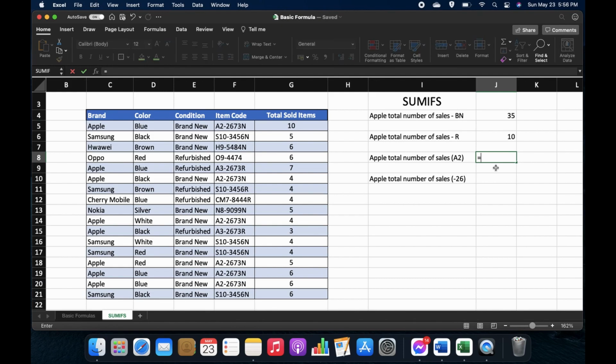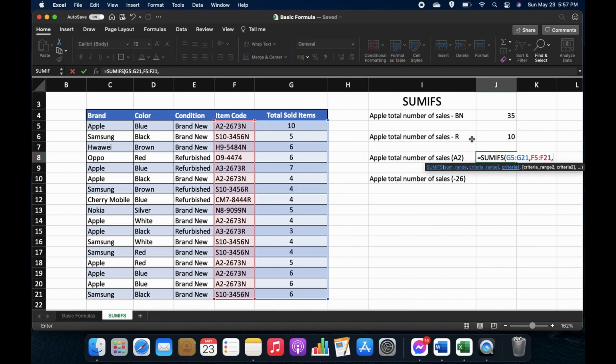Equal sign, sumifs, open parenthesis, sum range, comma, criteria range. I'm looking for the item code now, so this is the cell range that I am going to highlight. And since I'm looking for a specific code which starts with A2, I can just put comma